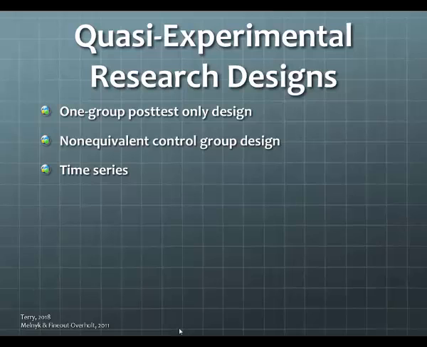Okay, so we've now talked about the experimental designs and the non-experimental designs, and so now we're going to the next category, what we call quasi-experimental research designs. And the quasi-experimental studies, these are going to be designs in which the independent variable is manipulated or introduced, but there is a lack of random assignment or a control group. And although quasi-experiments may be more practical and feasible, they are weaker than experimental designs in the ability to establish that cause and effect